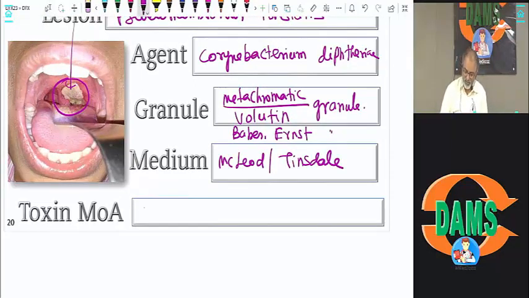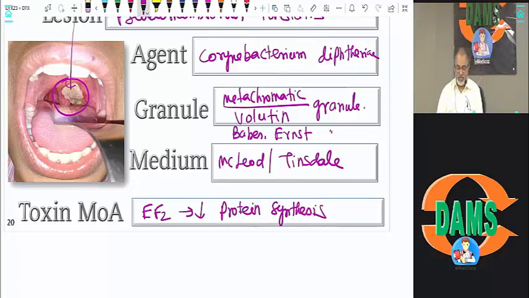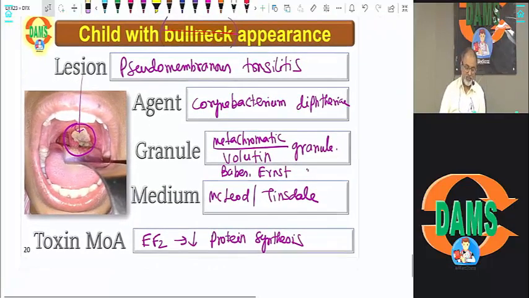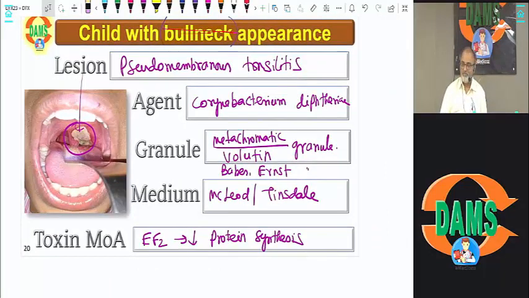Acting on elongation factor 2 to inhibit protein synthesis. Got it? Next is